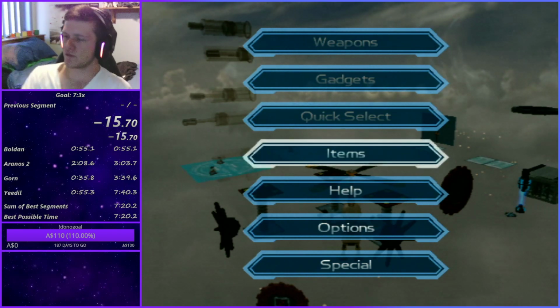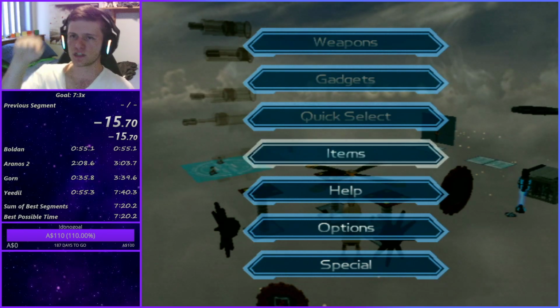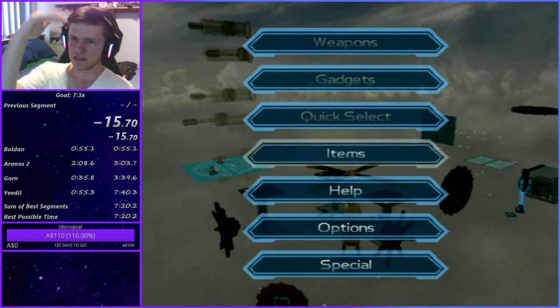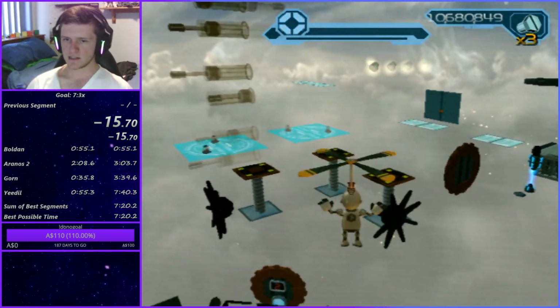Basically, your camera will fix itself and you watch Clank and you don't start gliding until he naturally starts losing height. You saw there, I watched him and then he slowed down, and that's when I started gliding. And what we're going to do, we're going to aim...